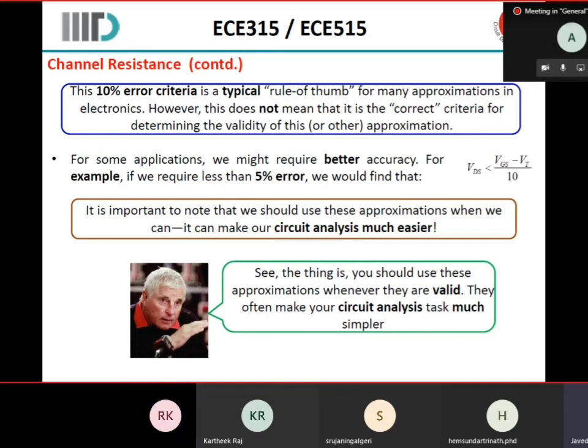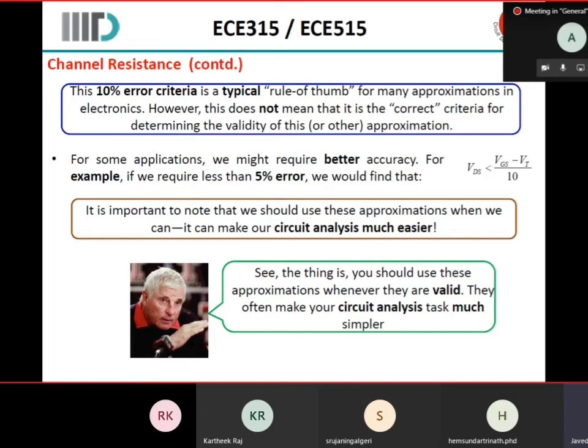You would use 1/10 and 1/20th in design as a rule of thumb, but when you do analysis, you have to be very thorough with it. So there is a difference between a design and an analysis. What is analysis? An existing circuit is already present and you do a mathematical study to understand what analysis it is going through. But when you're designing it, you should already know what could happen and include that in your design space, and then keep the value there to understand how much of it is going to satisfy and give the satisfying result for you.